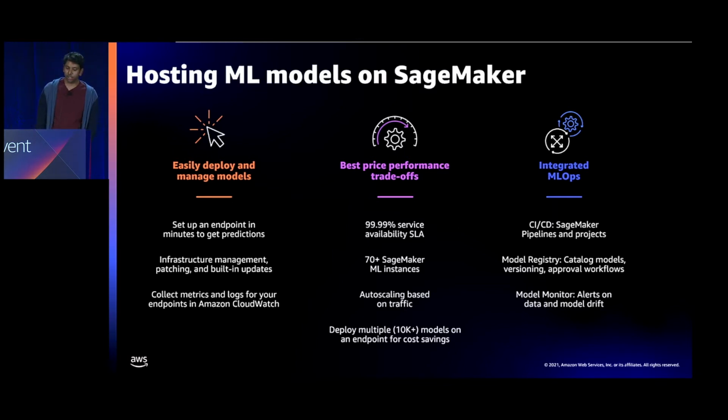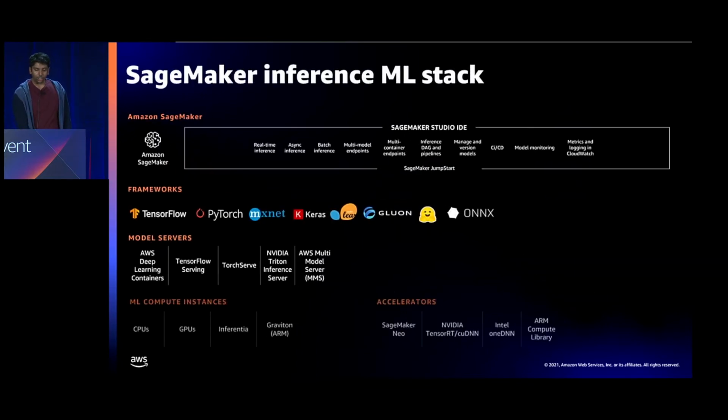performance issues. While SageMaker provides a lot of useful tooling and services around ML inference, there's a larger set of decisions data scientists have to make in order to get a performant deployment. And I'd like to walk you through some of those decisions by taking a look at the layers below when you host a model on SageMaker.